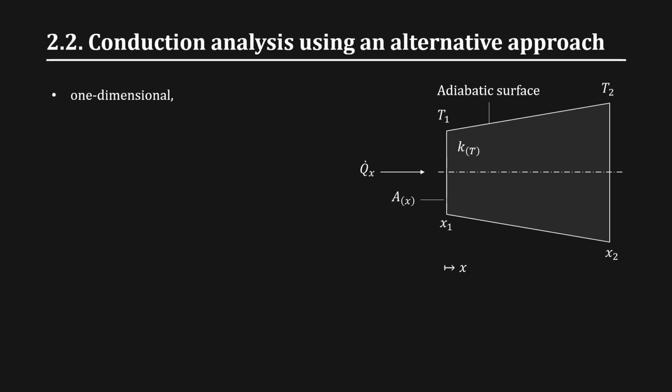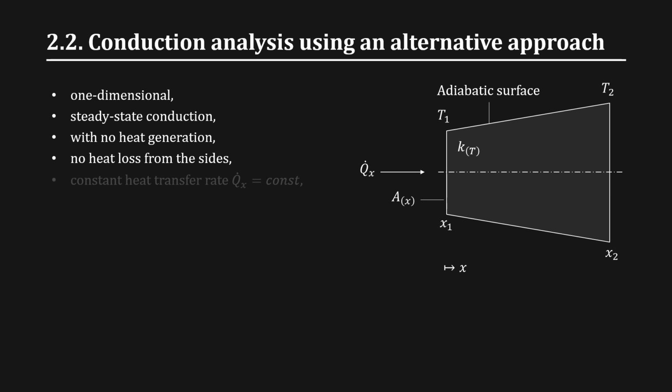However, for one-dimensional steady-state conduction with no heat generation, no heat loss from sides, and constant heat transfer rate, which means Q is independent of x, for any infinitesimal change in the x direction dx, the heat transfer rate in the x direction remains constant and equal to the heat transfer rate at the position x plus dx. Under these specified conditions, an alternative approach may be used by working simply with the integral form